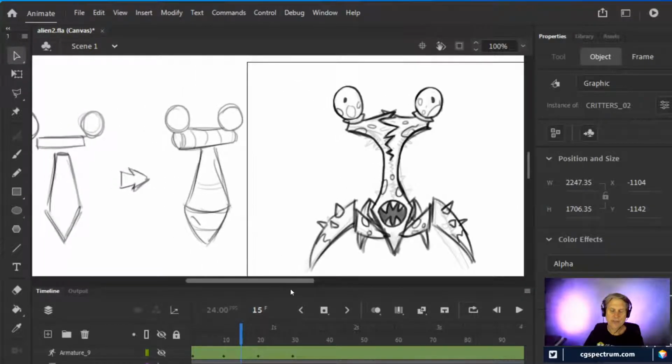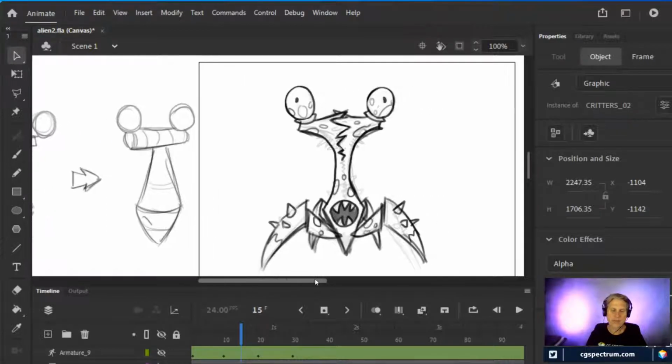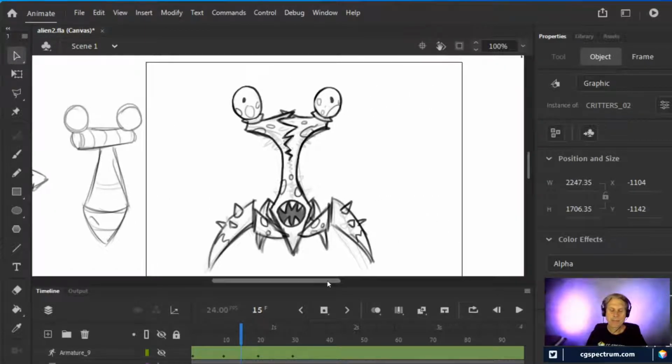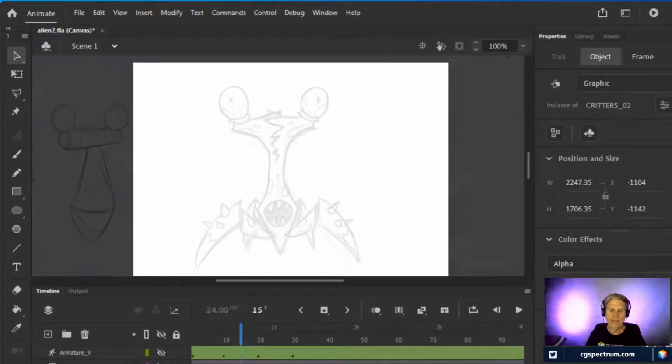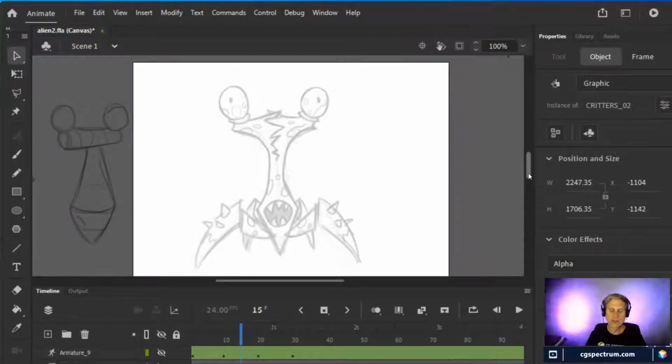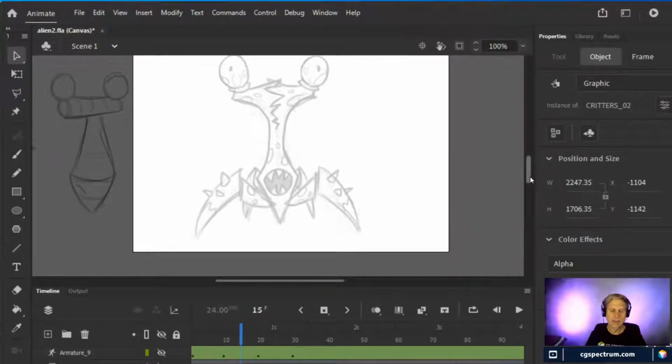But anyway, that's what I was working with, and I wanted to keep the integrity of it, but also editorialize and make it move. So the first thing I did was I just traced out the body. I already knew that I was going to make separate parts for the legs, but I wasn't sure quite how.